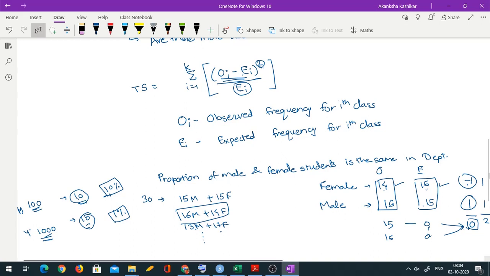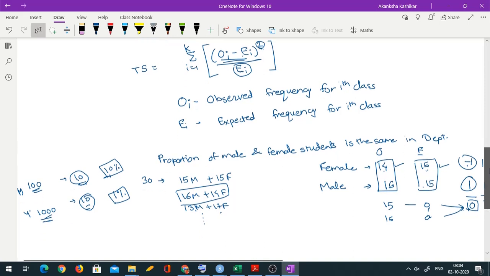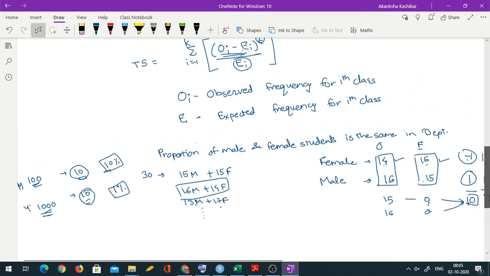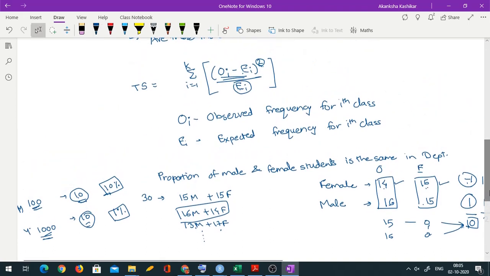I hope you remember all the terms: null hypothesis, alternative hypothesis. In fact, I think I sent you a link of many lectures just to refresh your previous things. So is the concept clear how we use the chi-square test statistic? And this k becomes the number of groups. So here I have males and females, so my k is 2.